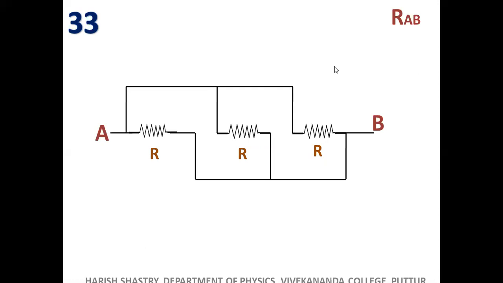How is it so? See, common terminals. The right end of this resistor is common. Left end of this resistor, common. All the left ends are connected by a common wire. Right ends are connected by a common wire. It is not a short. If it has to be a short circuit, both the ends of the same resistor are connected by a single wire. Do you find any such wire?